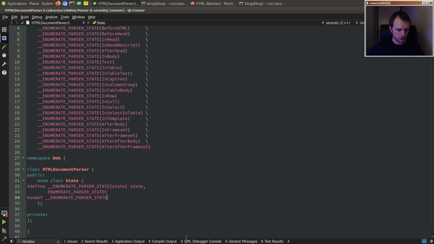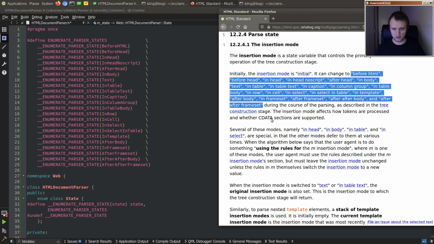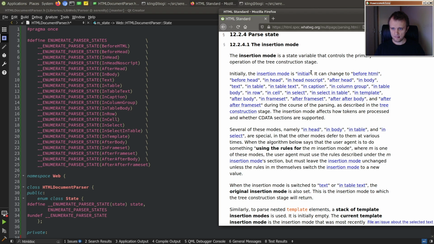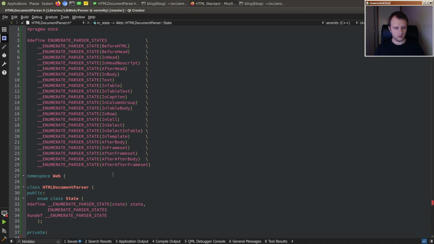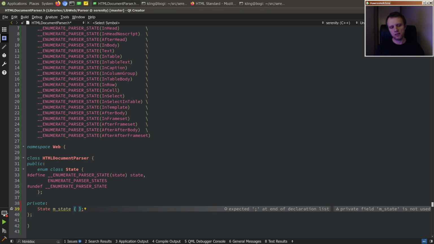Okay, great. Then, finally, we'll be starting in the, what was it called? Initial state? Oh, that wasn't part of the list. Okay, so we need an initial state as well. That's the magical initial state. I guess you can't go back to the initial state, which is fine, probably. Okay, so this is our parser, and